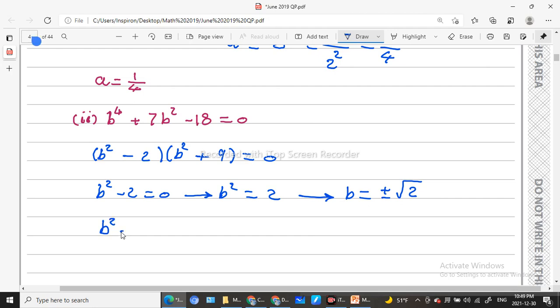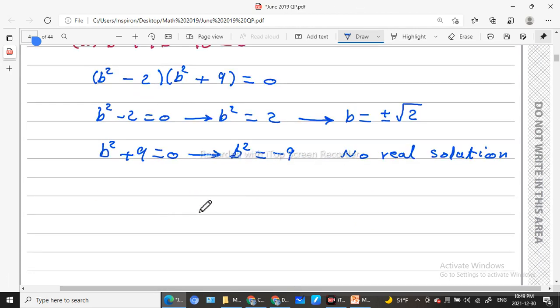And b squared plus 9 equals 0. This gives b squared equals minus 9, and this has no real solution. So the set of solutions for this question